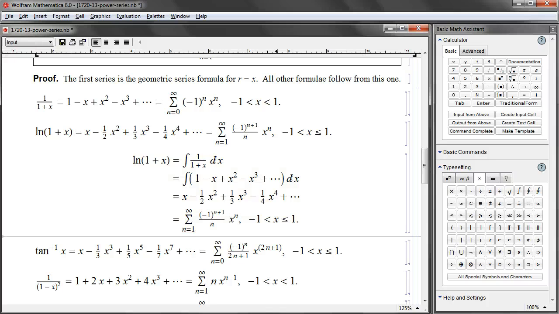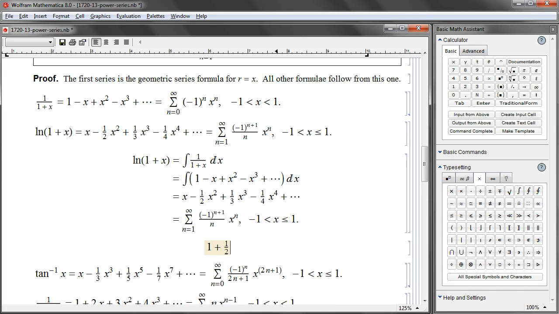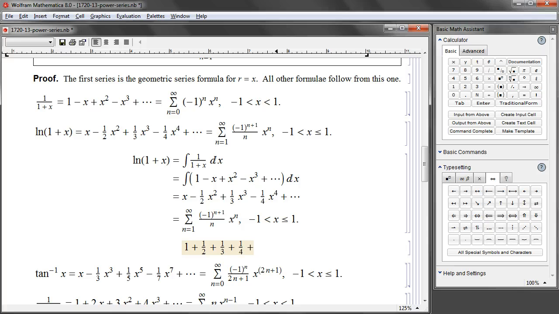And what is the interval of convergence? Well, if you plug in x equals -1, this is what you're going to get. You're going to get 1 plus 1/2 plus 1/3 plus 1/4 plus and so on and so forth. Because if you plug in x equal to -1, then let's see, all the negatives,